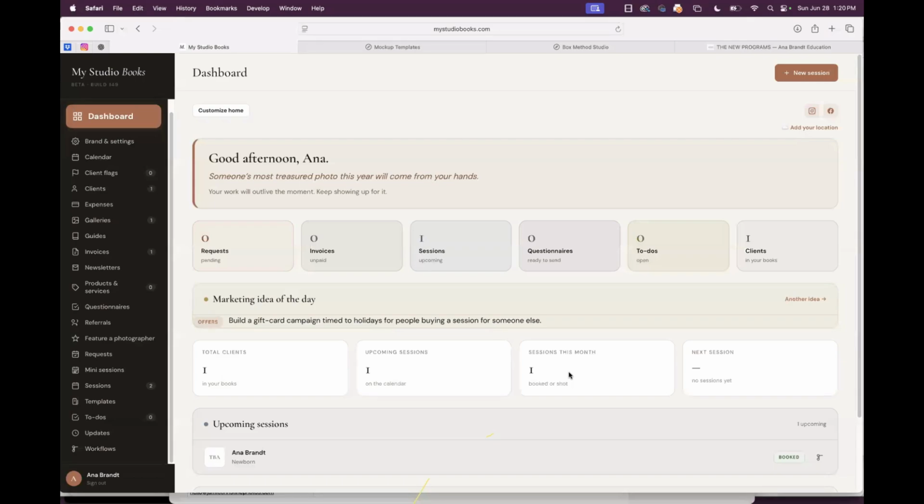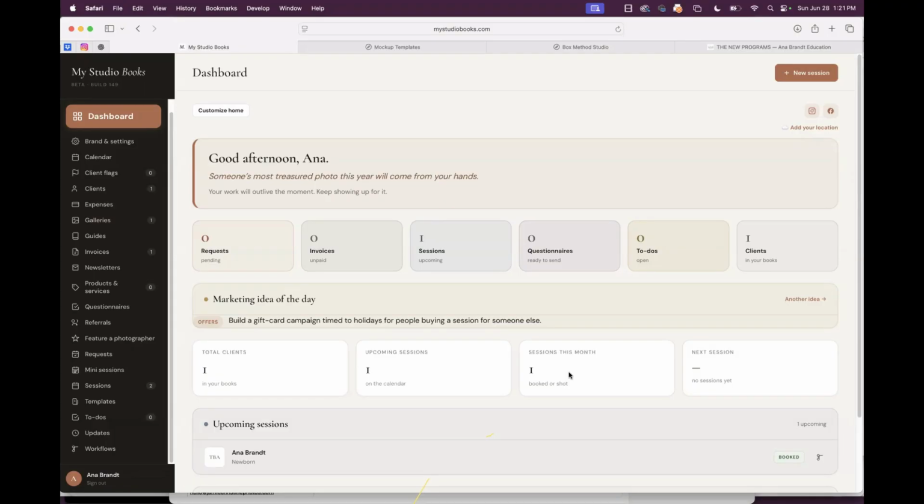Storage: a lot of people are concerned about storage for galleries. We've included a very good amount of storage. There will be a cap at some point, and then you'll be able to add additional storage. Very minimal, probably $10 to $25, not a lot for lifetime people, but we'll figure that out when it comes. I am going to try to absorb as much as I can so that the storage is not a big